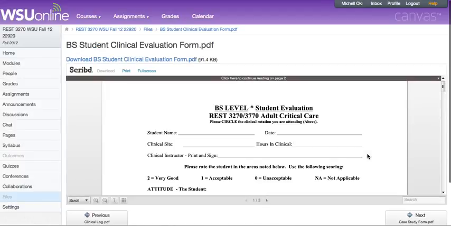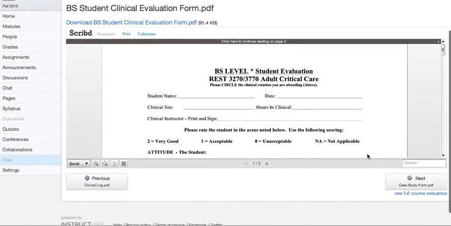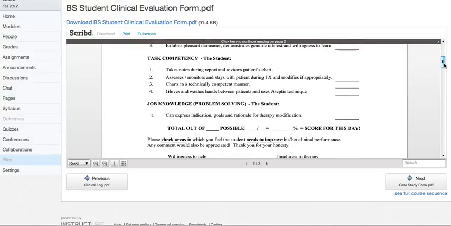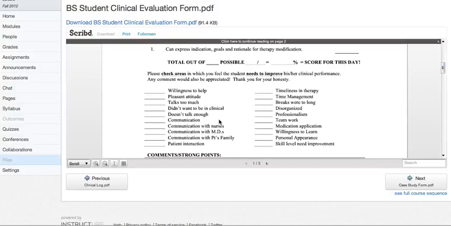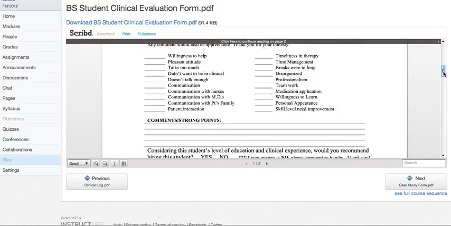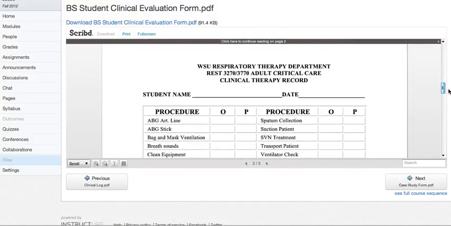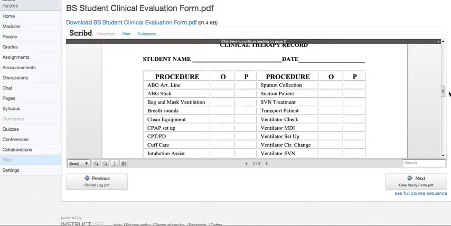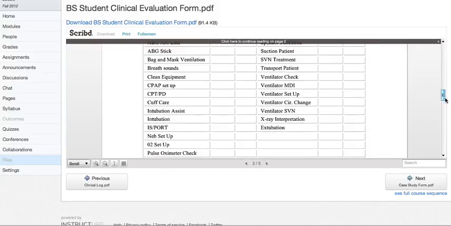This is your new evaluation form. The hardest thing is for you to remember to put your hours in clinical and have your clinical instructor sign that. This part is the same. We made a little different section right here so your clinical instructor can help evaluate you on things you need to improve on. You fill out this back of observed or performed procedures that you have done,